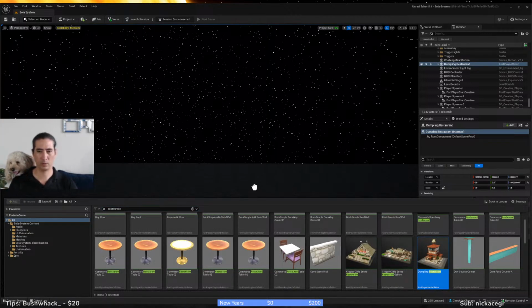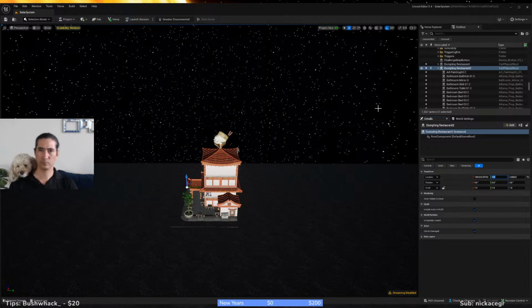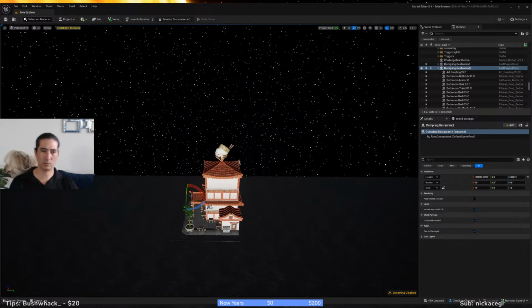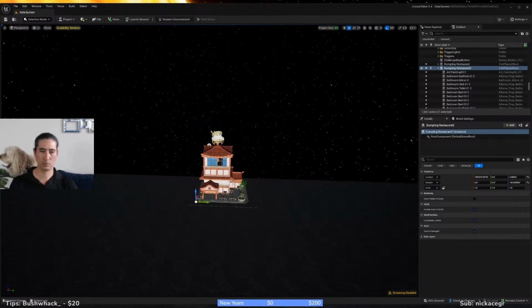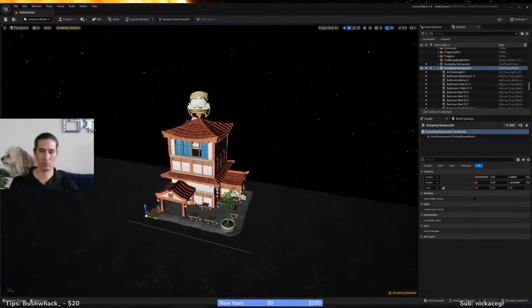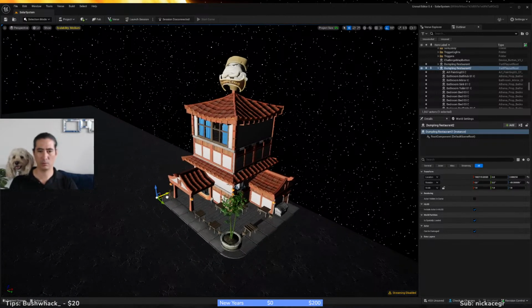Drop another dumpling. Here. No! Oh, we're going to rotate that 90 degrees. Alright, restaurant at the end of the universe.